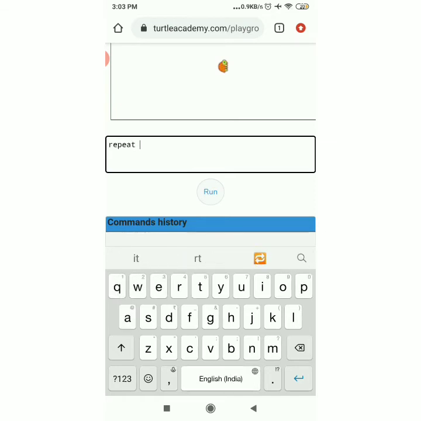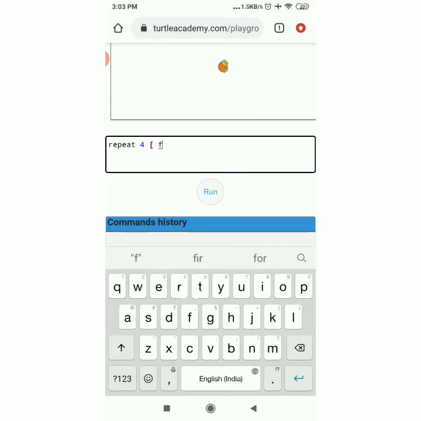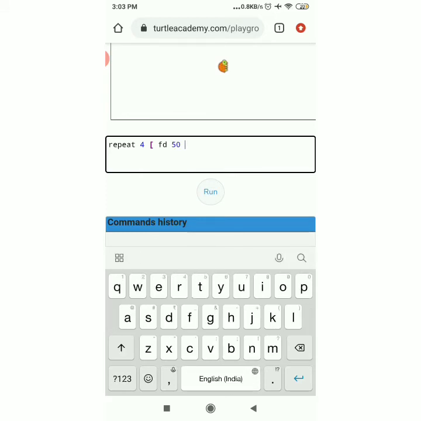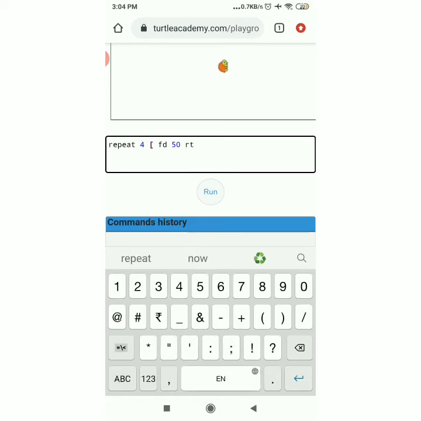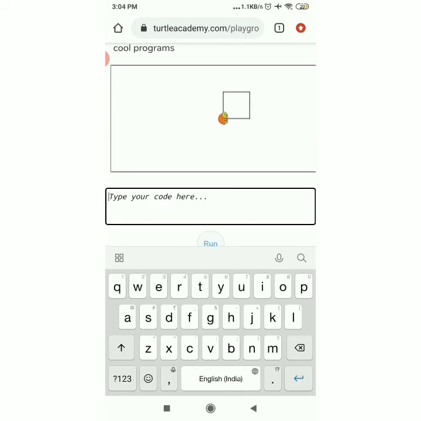REPEAT 4, as we have to repeat the same step 4 times. Now square bracket, FD space bar 50 space bar. I'm making a small square, that's why I've written 50. Now RT space bar 90 and square bracket close. Enter. As here you can see.